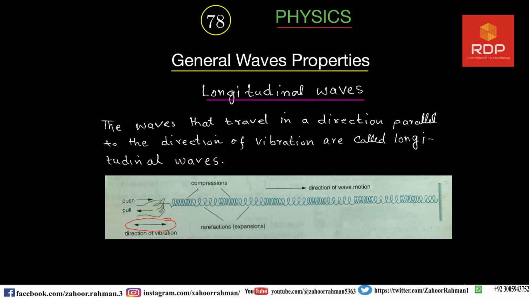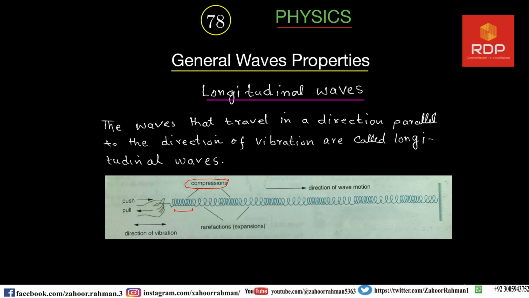This double arrow-sided symbol is showing that we are moving the hand one time in the forward direction and the second time in the backward direction. So keep in mind, when you are pressing the slinky in the forward direction, you will observe this portion, and as it is mentioned here, this is called